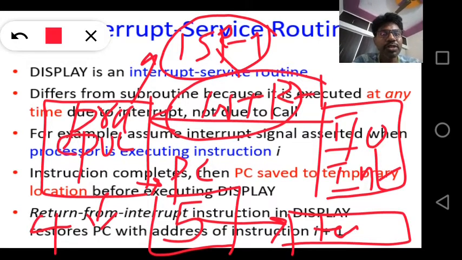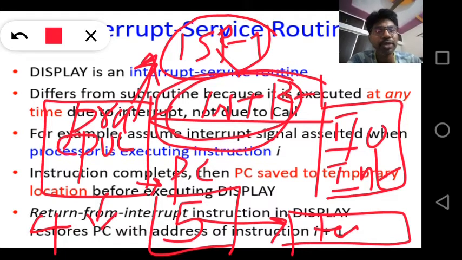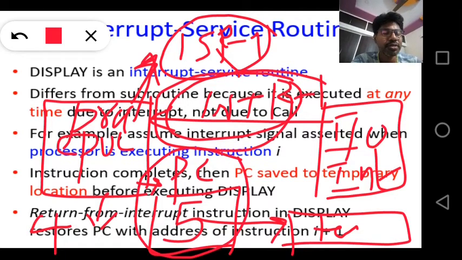So when this processor receives the interrupt, it has to execute the interrupt service routine, and it has to come back to execute the 5th instruction. The already 4 instructions were executed by the processor. Only the remaining instructions remain, so it has to resume the instruction execution from the 5th onwards. So it is important to keep track of which instruction has to be executed next, and that address is present in